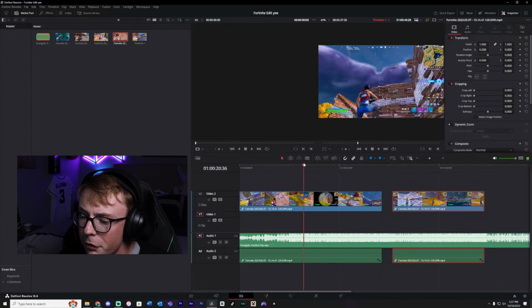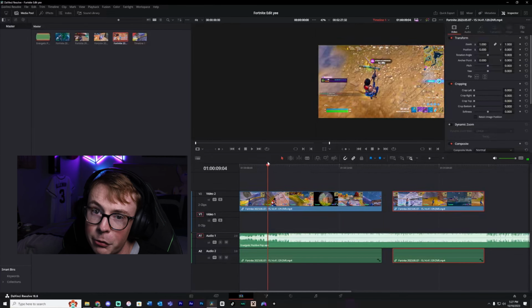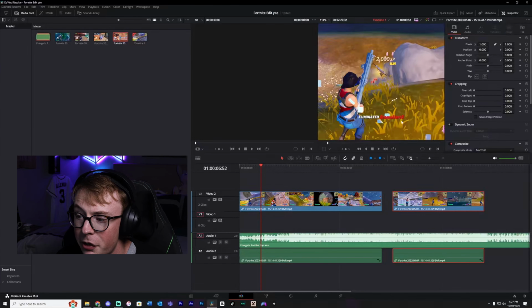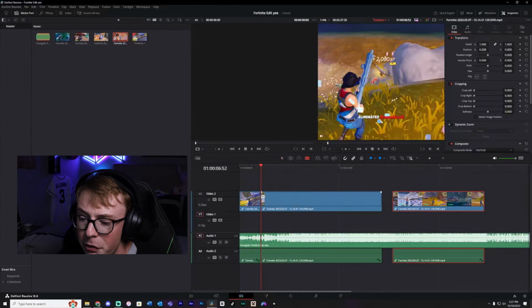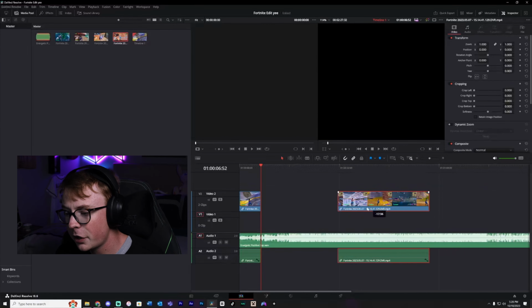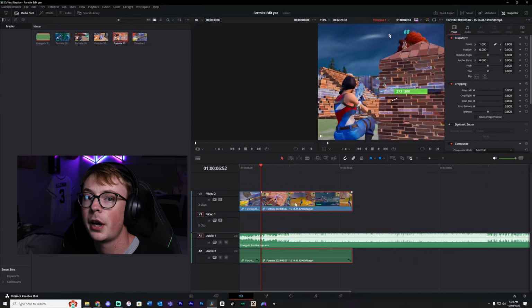So what we want to do, because there was this kill here at the beginning, I might as well put it in there because why not. So we're gonna go right to where you see the person you just eliminated, their name, and you're gonna hit B for blade, A for arrow, click on the middle one. You're gonna go ahead and delete it because I know for a fact that is all excess,